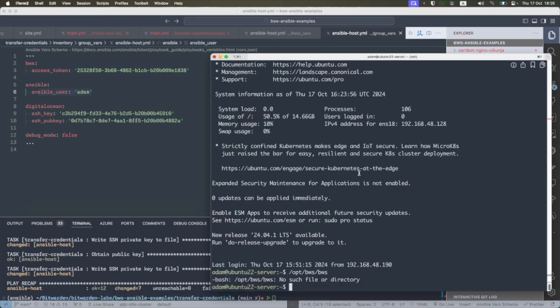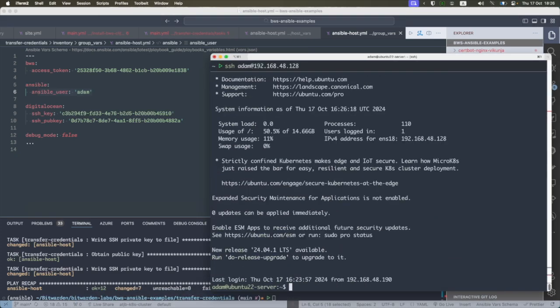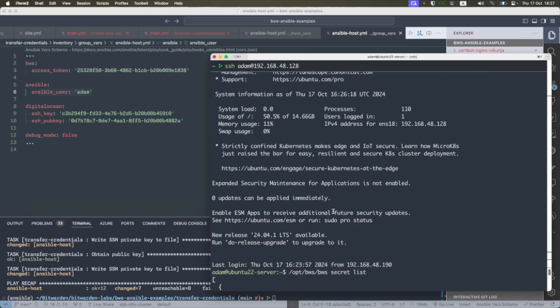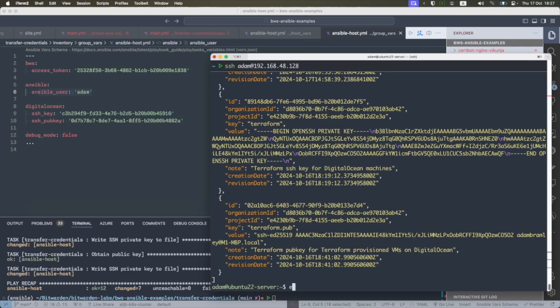If I now just exit out of this and recreate the connection to redo the source, we should now be able to run /opt/bws and then list secrets, secret list. And the reason that we can do that is because that BWS access token